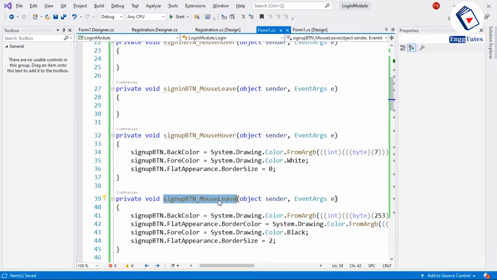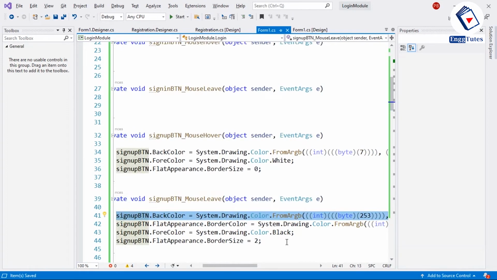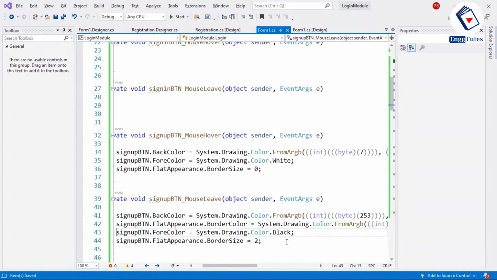You can use the default leave also, it will do the same. So after leaving, I am changing its back color again to white, or 253. You can use 255 also. Then I am changing its border color to our theme color, and then the fore color of the text will be black and the border size will be 2, so that we can see that blue border.